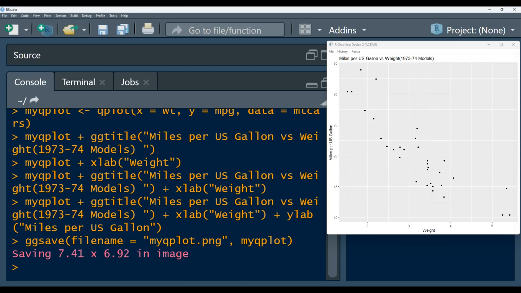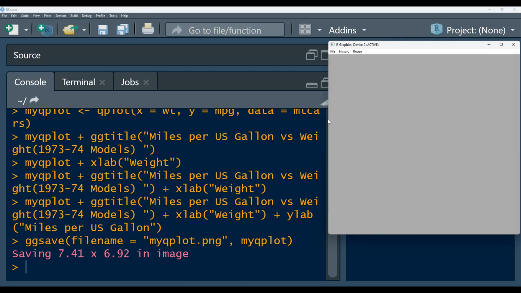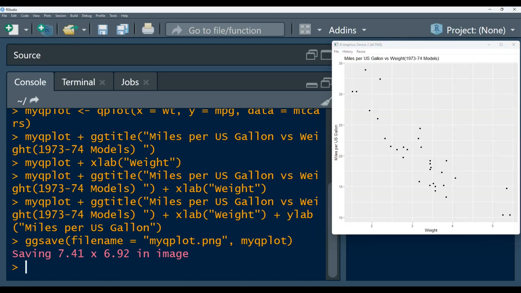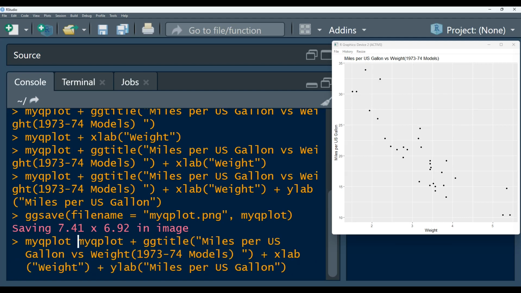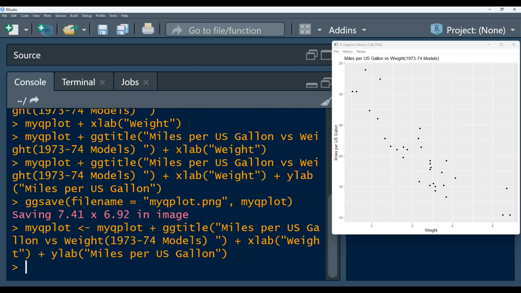If we want to add this new plot that we have customized by adding the title, the X labels, as well as the Y labels, in order to do that, we can simply come in here and say my qplot. We now update this object and we run this. Okay, and then we come and say ggsave,